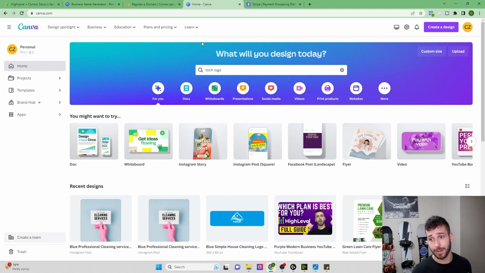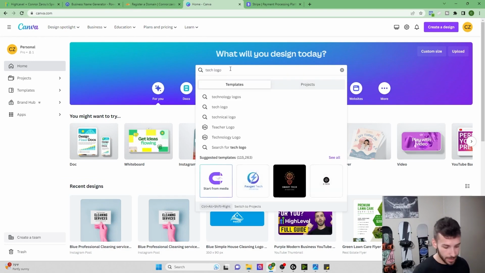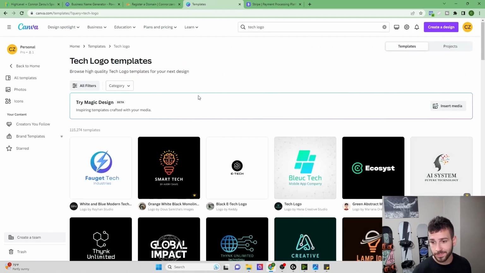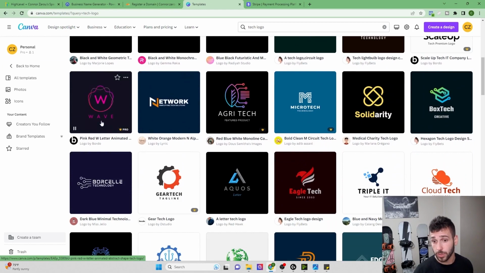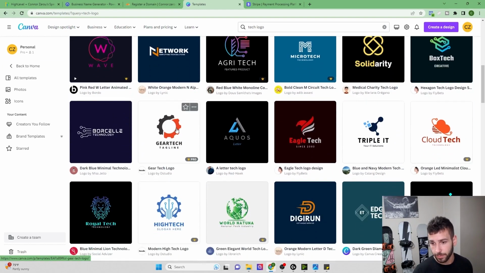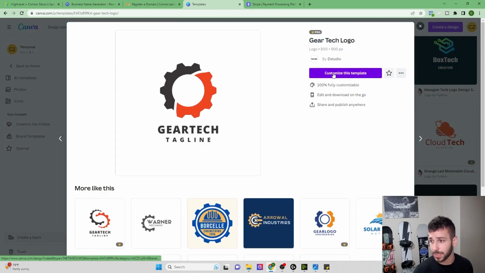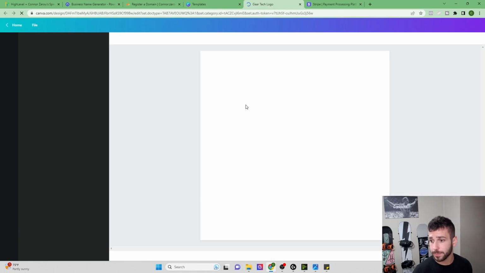Or you can come over to Canva, which is another free tool. It's kind of like Photoshop. And you can type in those same keywords that I was talking about before, tech logo, software logo, something like that. Click enter. And you can see here, there's a bunch of different logos you can pick from. So for example, I'll kind of show you how I'd want to set it up. You'd click customize template,